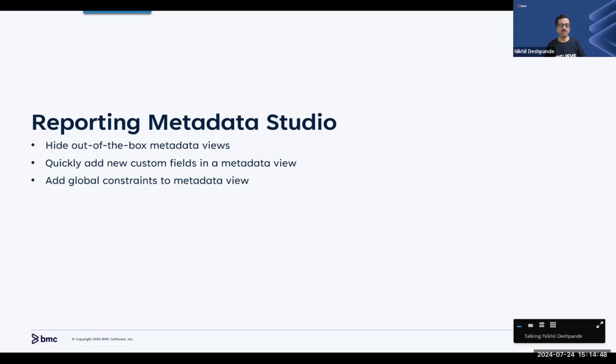We allow you to create global constraints on Metadata Studio. A global constraint is a filter that you can apply on a view. For example, you want to limit that all reports on incidents on the incident view apply a condition on company equals. And then typically, if your company operates across multiple geographies, there's one company, or at least one company,